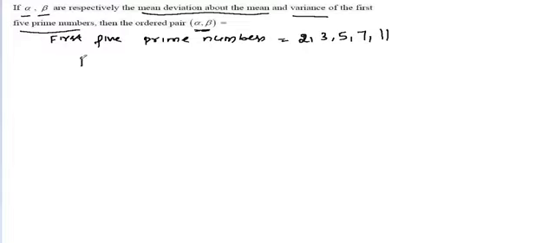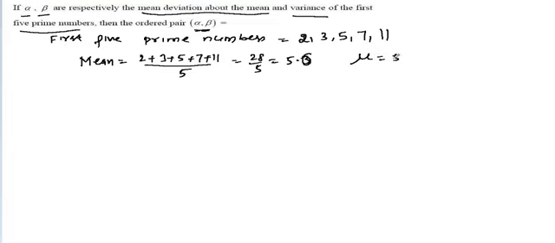First we find the mean. Mean is equal to 2 plus 3 plus 5 plus 7 plus 11 by 5, that is 11 plus 5 is 16, 16 plus 7 is 23, 23 plus 5 is 28, so 28 by 5, which is equal to 5.6. So mean mu is equal to 5.6, and mean deviation about mean